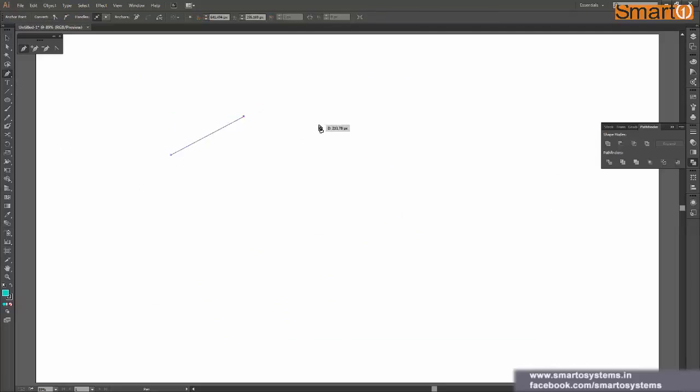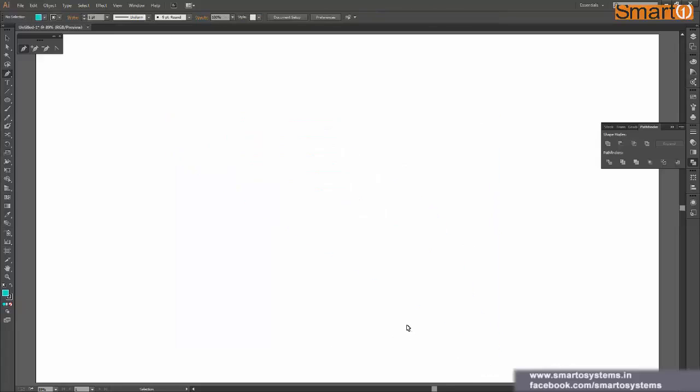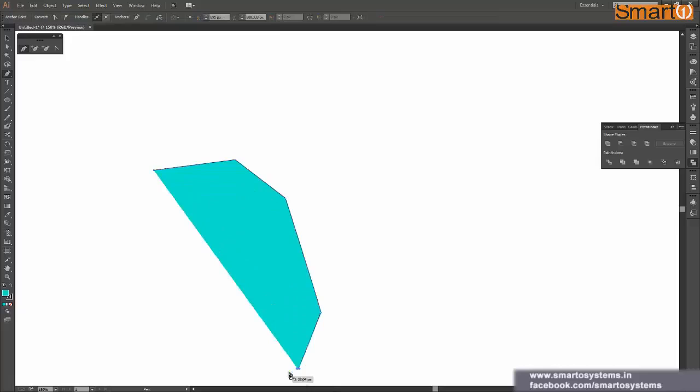Now the next functionality includes, if you are drawing something, let's say I'll just delete the shape and I'll zoom in a bit. And now if you are drawing something over here and you reach the bottom of your screen and further you want to draw below it. To move your canvas, you can press space on your keyboard.